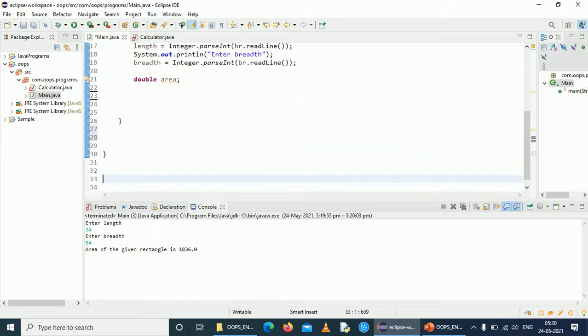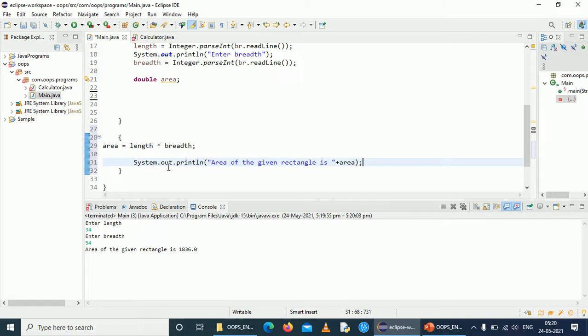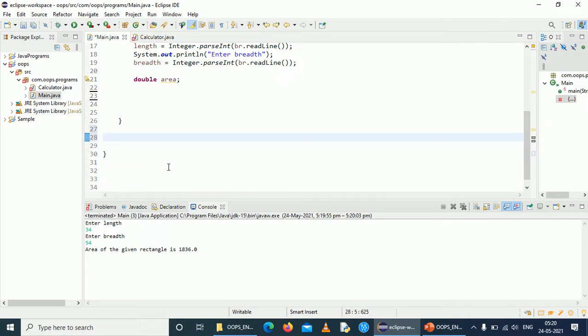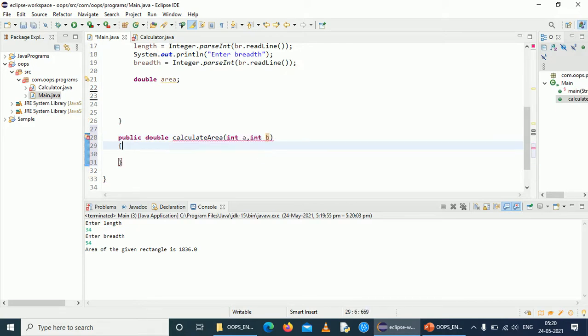As far as this part is concerned, public double calculateArea(int a, int b). Let me explain each part of this method. This is the return type.